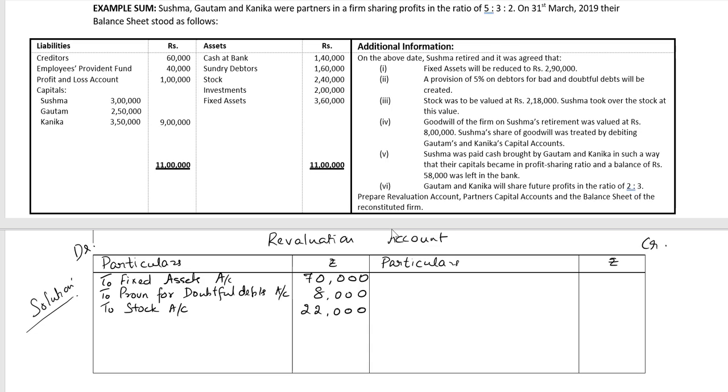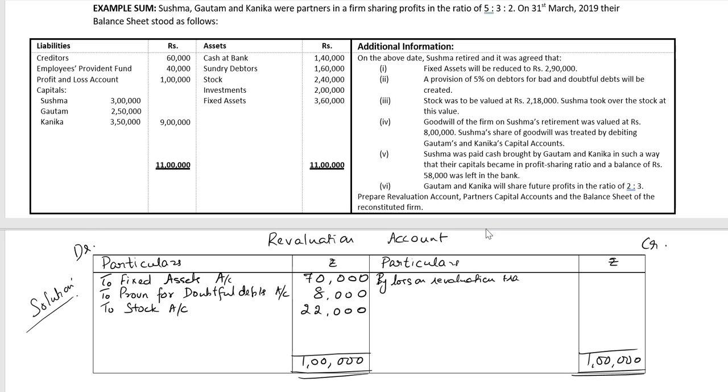The fourth point is about the goodwill. The fifth is about the adjustment of capital. And the last point is about the NPSR between the continuing partners Gautam and Kanika. So all the entries are done. We will balance the revaluation account. It's a loss on revaluation of rupees 1 lakh by loss on revaluation